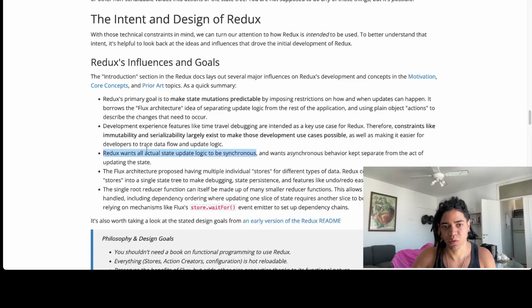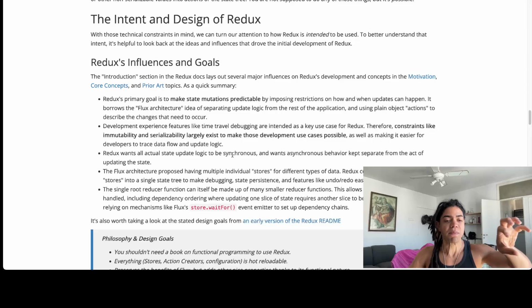Okay, yeah, Redux wants all the state update logic to be synchronous, and wants asynchronous behavior kept separate from the act of updating the state. And this is also interesting. Redux wants all the state update logic to be synchronous and separate from the business logic, separate from the rest of the application, right? So by guaranteeing how these mutations occur and making it predictable, by offering this dev tool, and offering this development experience where they can see how the data is being